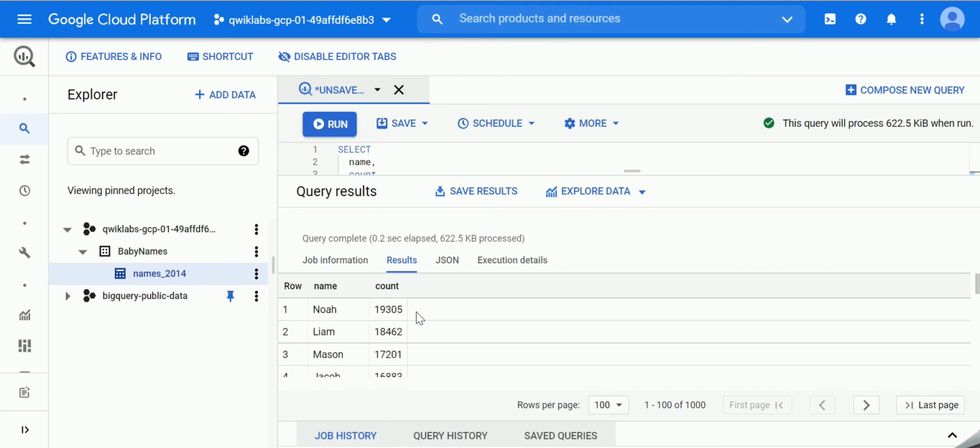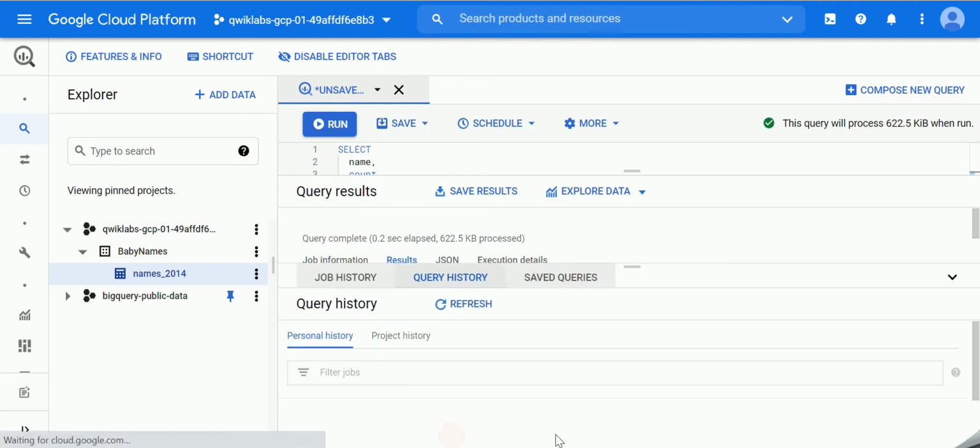So now in this tutorial you have explored the public dataset, created your own dataset, and uploaded it. You can even try out other options like explore data, which gives a graphical representation of your data, and you can try creating views. It is not only that you need to create a table, you can even create views and save the query for later purposes. Just try to explore the various options available here and have fun.